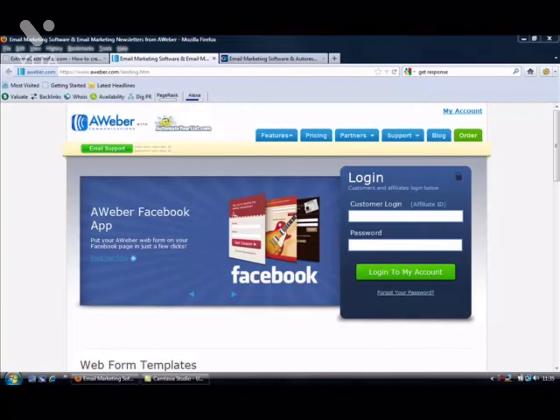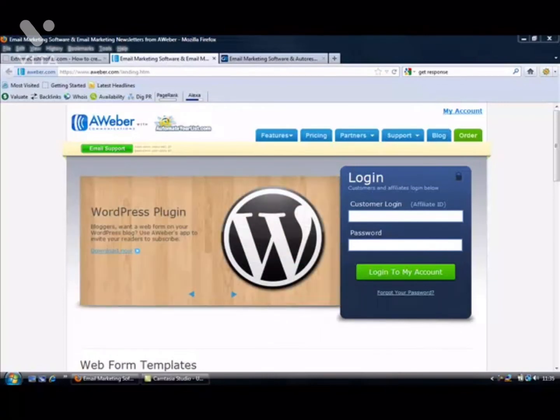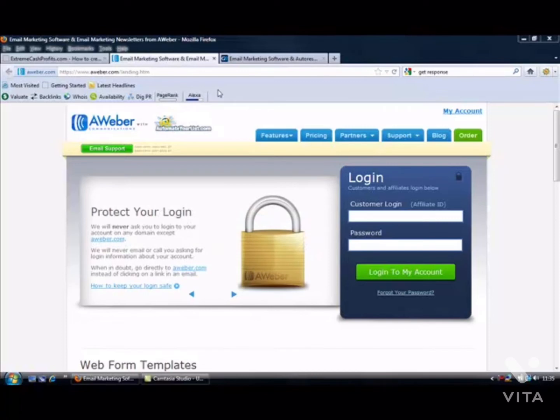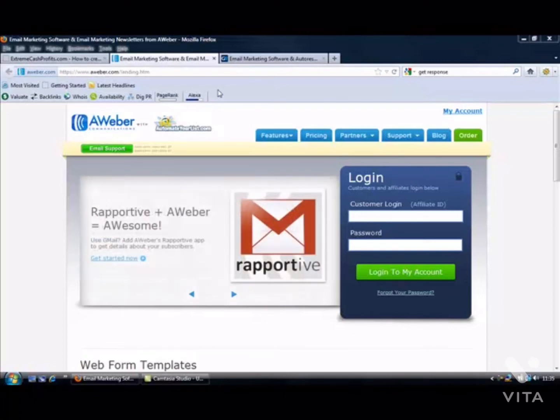There's two different autoresponder accounts or services that I would recommend. The first one being Aweber. Aweber is who I've been using for about 3 years now. They're absolutely great. I've got no problems. I've never had any problems with Aweber. The support is really good. If I've ever got any questions, they get back to me really quick. So I've always recommended Aweber. They're a great service. The other service that I would recommend is